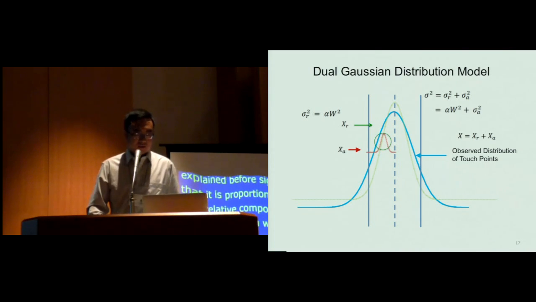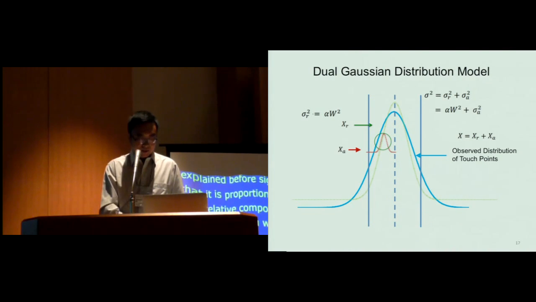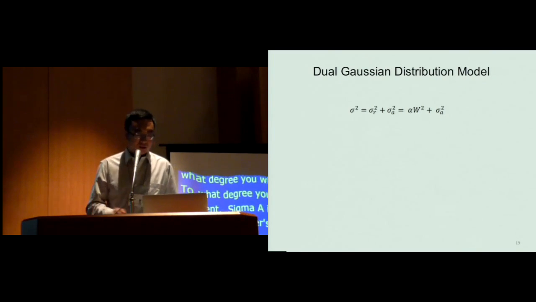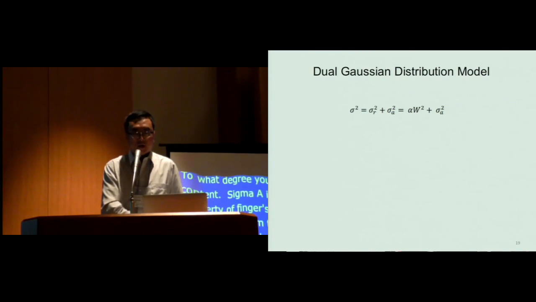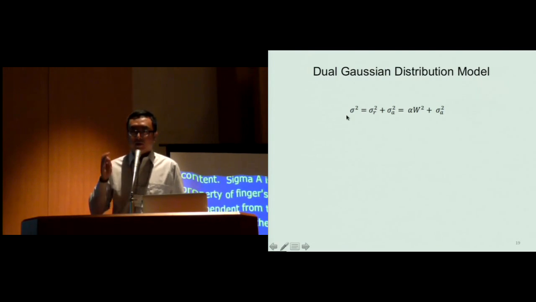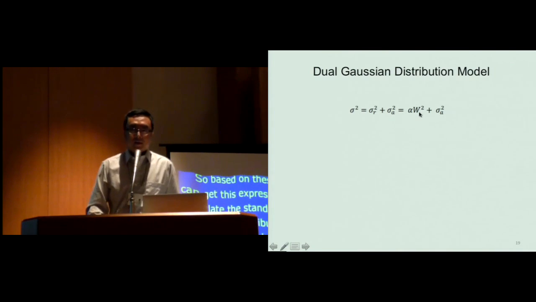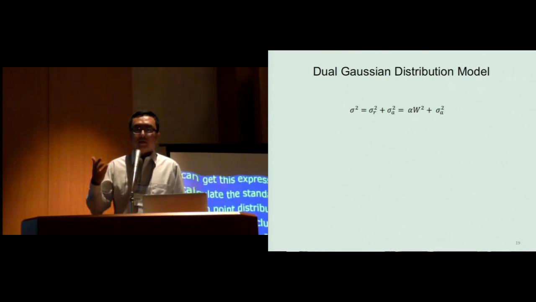So based on these assumptions, we can get this expression of how to calculate the standard deviation of the touch point distribution. And actually, this is a core conclusion from the Gaussian distribution model. It shows that the variance of the distribution is proportional to the squared width. So the variance of the distribution has a linear relationship to the squared width. This equation actually matches well with our daily experience. It shows that